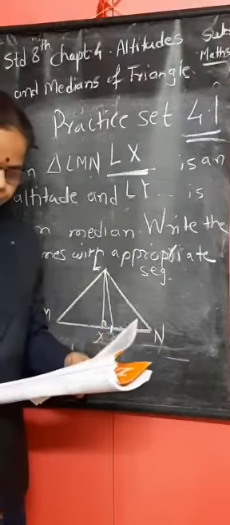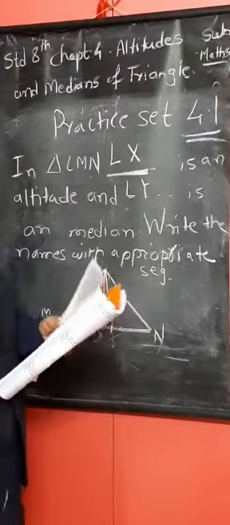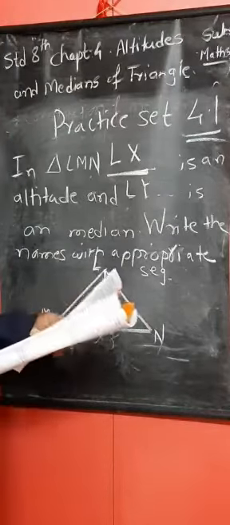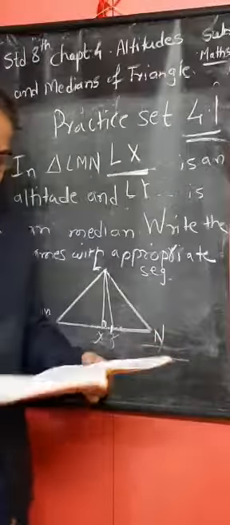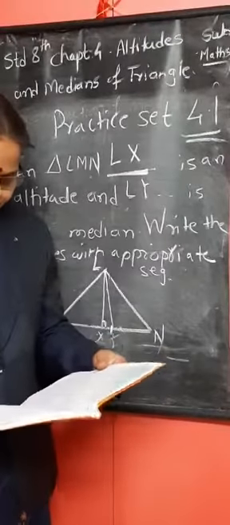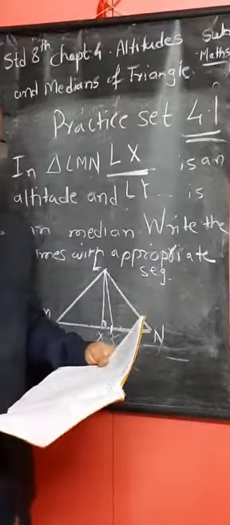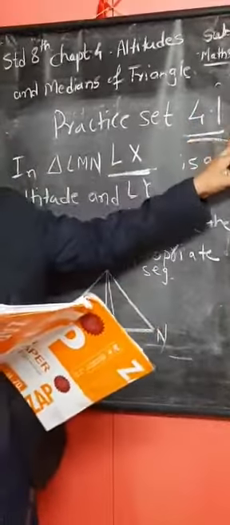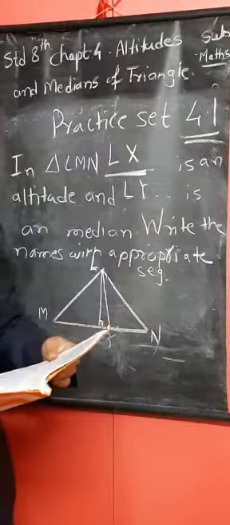In this way, while teaching, we drew an acute angled triangle PQR and drew its altitude. This second example we already solved while teaching. Then in this way we draw different medians and altitudes. One more thing: draw the different examples in practice set 4.1. The remaining examples are solved in practice set 4.1.